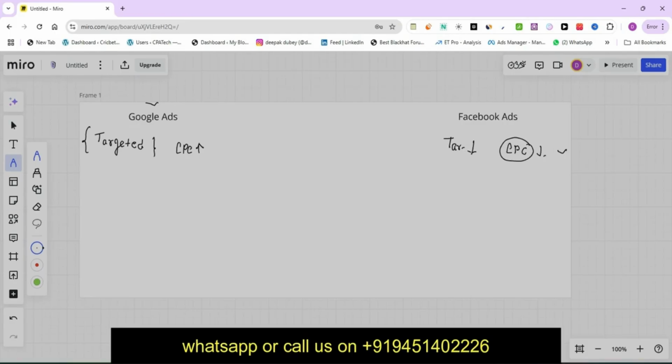But if you personally ask me, if I want to run a profitable campaign, for example a campaign related to pest control, anything related to pest control, people won't go and search for it on Facebook. They'll go and search for it on Google. That's where they'll search. Whatever ad copy they see there, they'll click on it and make a call. There are very few people who are just sitting on Facebook, see some display or banner ad there, and then click on it to make a call. The second thing is, even if you do get calls from this, the calls are so non-targeted that no company will pay you any amount for them.